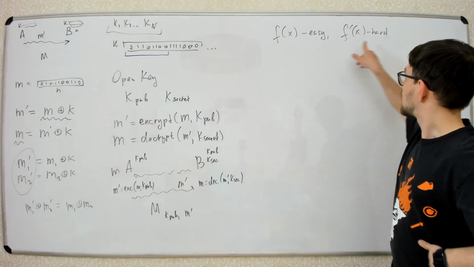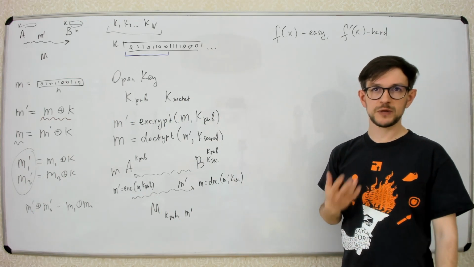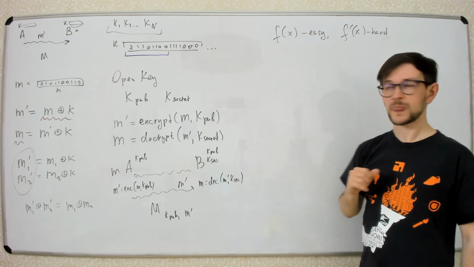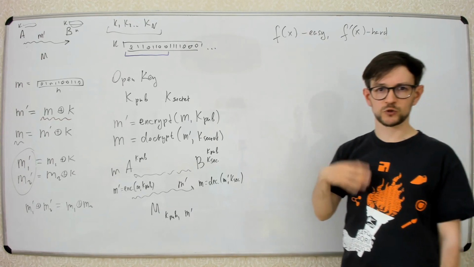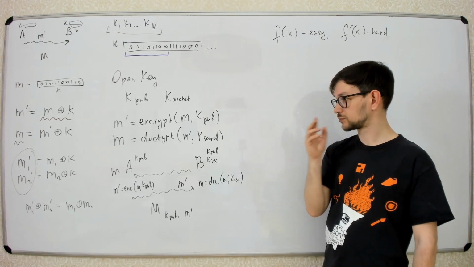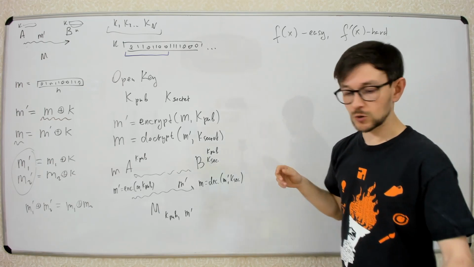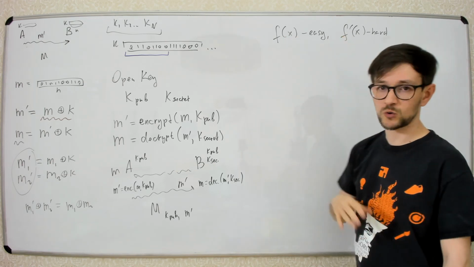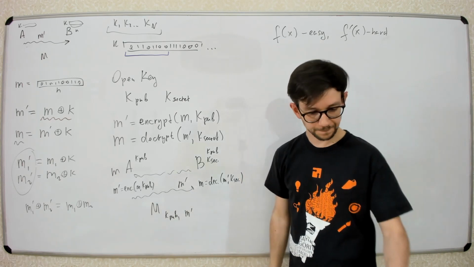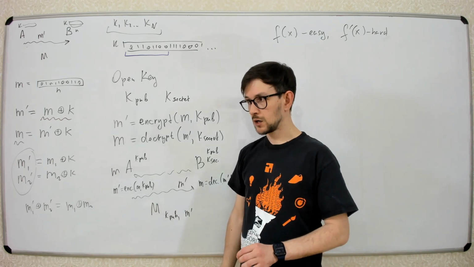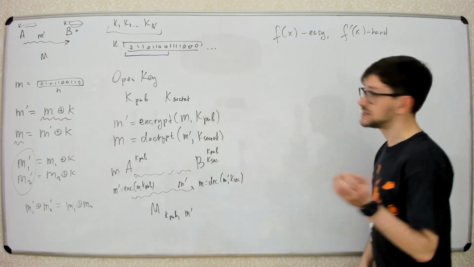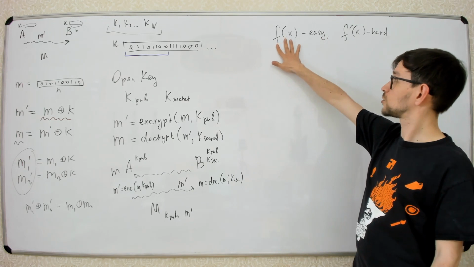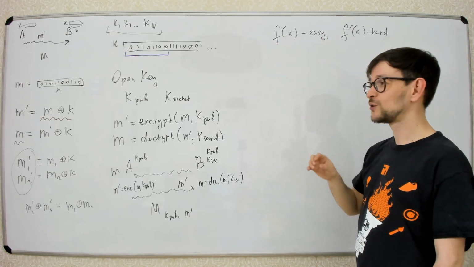What does easy to calculate and hard to calculate mean? It actually means that you can calculate this function fast enough to use it in practice, and you cannot calculate the inverse fast enough to use it in practice. Ideally, you want this function to be easy to calculate, and the inverse not possible to calculate at all,